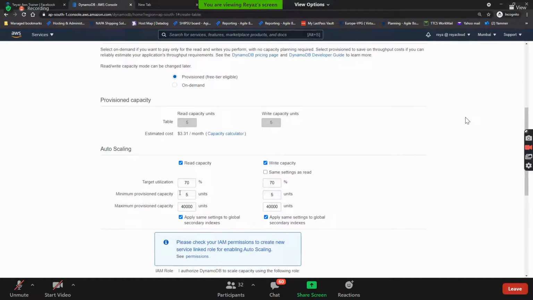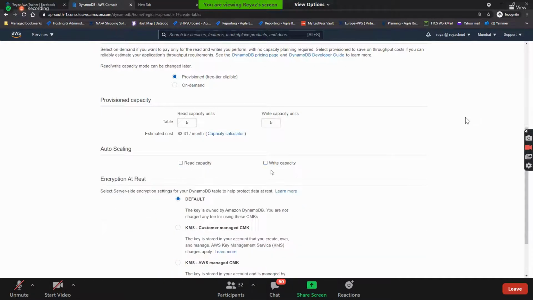So it was like this. But do you need auto scaling now? In real time, you can do this auto scaling, but keep this in mind: the bigger the number that you give, the more you need to pay. So for now, I'll remove this auto scaling. I'll make this only 1 and 1: 1 RCU and 1 WCU. Do you understand what I did? Guys, understood?